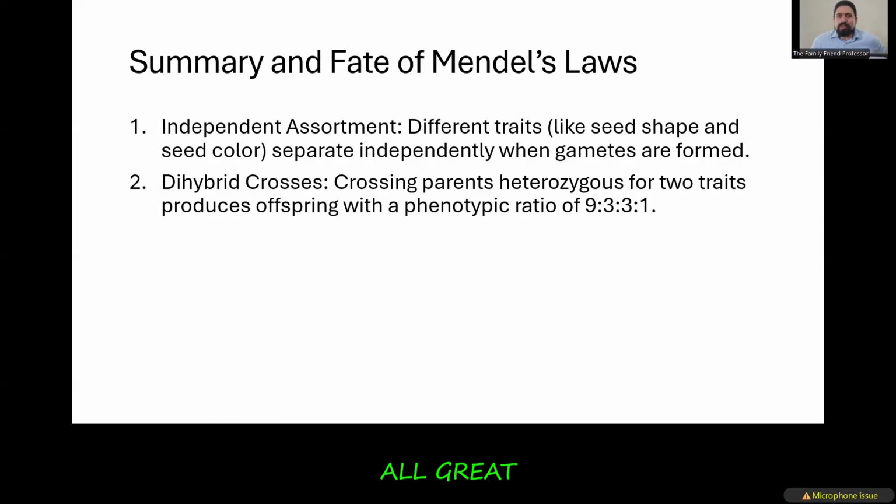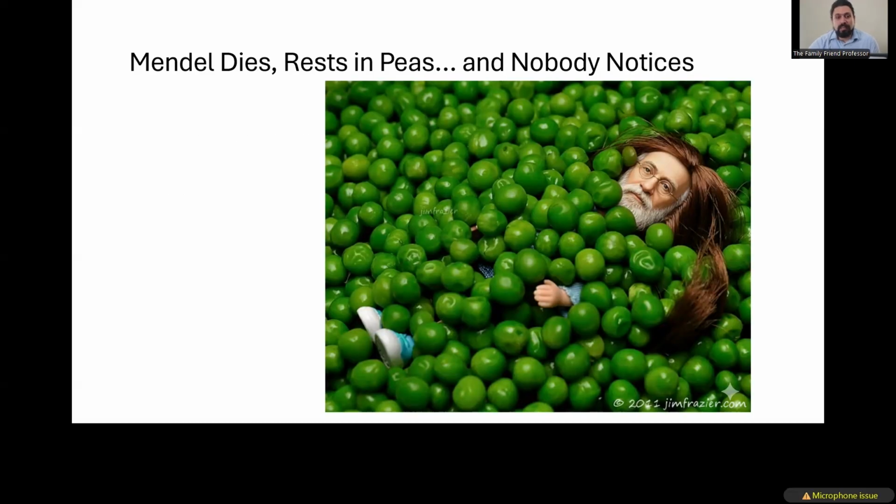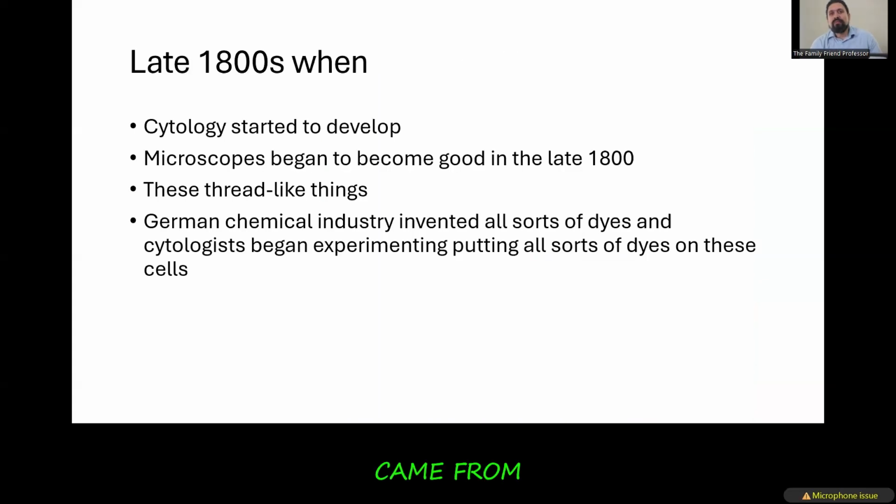So, that was all great work, and Mendel did a lot of cool things, but actually, nobody recognizes Mendel's work, right? So Mendel dies, and he rests in peace. But later, in the late 1800s, that's when Mendel's work would be rediscovered. And actually, the answer came from the field of cytology. Cytology is like looking at the cells under the microscope, because microscopes were becoming better and better, especially